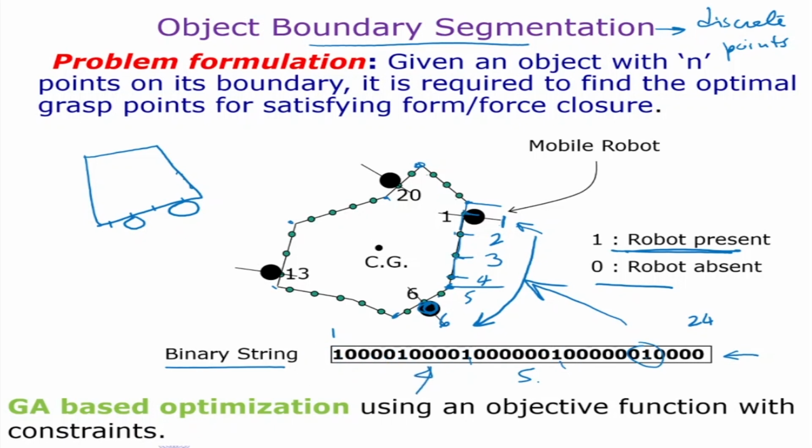So basically, if I just explain very briefly or in a very simple way, what GA will do is it will change the positions of these ones randomly. Okay, so it has a total of 5 ones. So it'll keep changing the position of ones randomly, and then see what is the cost function. Okay, and with constraints. So if this one is 1, the next one it'll make 0. Okay, so that is what it does, and that is exactly how we are going to proceed.